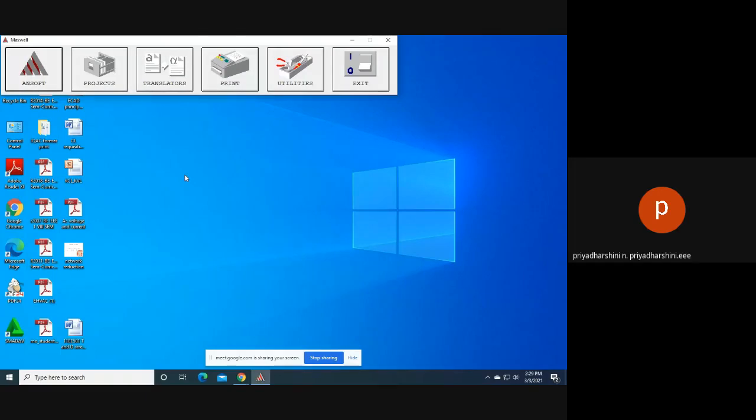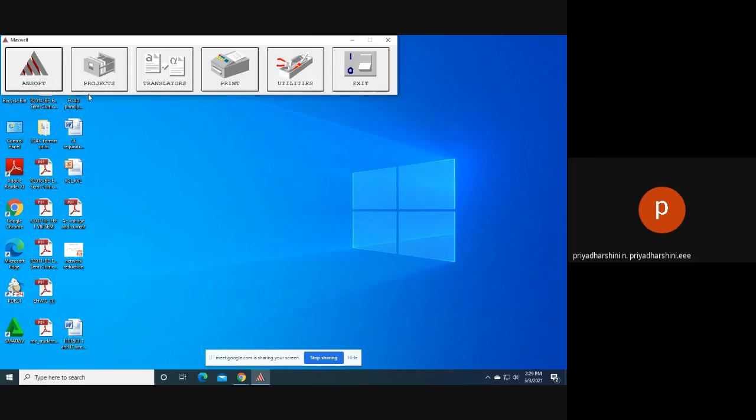What are all the steps we have to do while we analyze field analysis using the Maxwell software? First, this Maxwell software is a 2D solver. We can do only 2D analysis, and this works on the principle of finite element analysis. The theory we all know: finite element analysis is the basic method for solving electromagnetics.